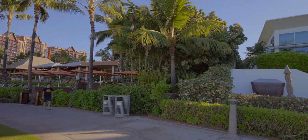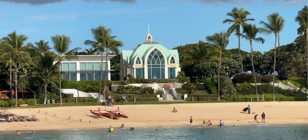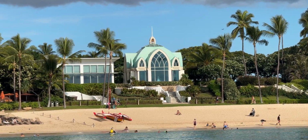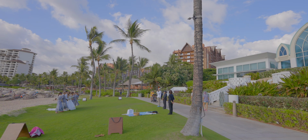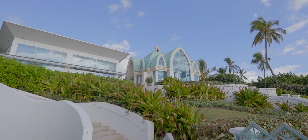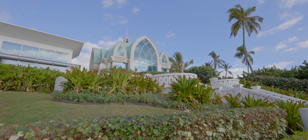Coming down even further, this is the wedding venue here for the hotel. It is as picturesque on the inside as it is on the outside. Here are the photos that I was able to get online of it. I've only been here for about a day, and I've seen several weddings already. This seems like the perfect Disney escape wedding for you to have, and look just how beautiful it is here